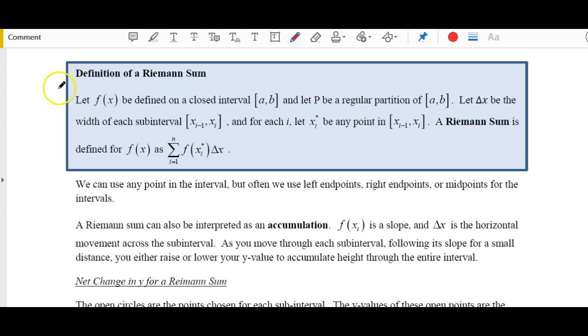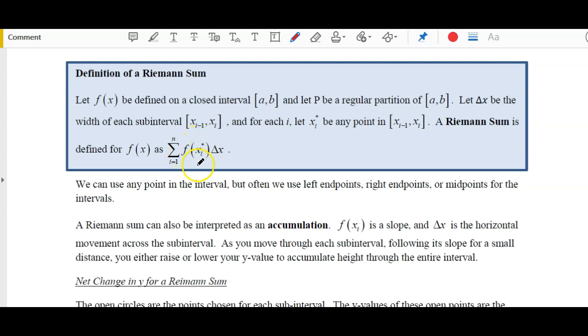It's the same as I usually have. But we're going to let f of x be the same thing, defined on a closed interval, get partitioned. Our delta x is the same as before, just the width of the intervals. And then our Riemann sum is going to add up all of those f of xi star times delta x. The difference here is not the definition of the sum, but how we're going to think about this f of